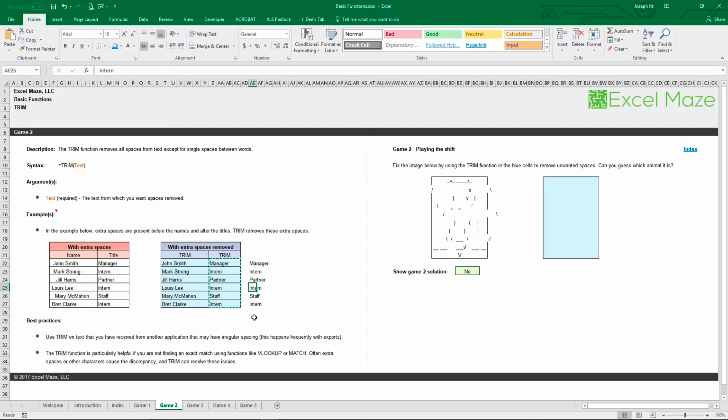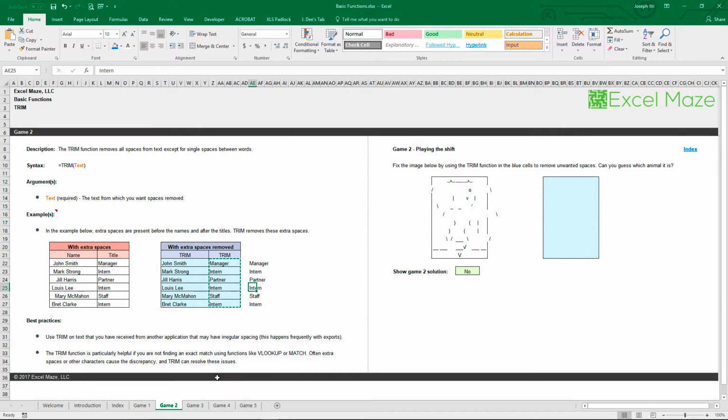They're a little more advanced, but it is worth noting that there are functions in Excel that try to find an exact match between two cells. And if there's an extra space in one of those cells, it's not going to find that exact match. Excel isn't smart enough on its own to get rid of those extra spaces. It requires that you use the trim function to do that. Okay, that's what we're going to talk about on the trim function, and we'll move on to our third function,